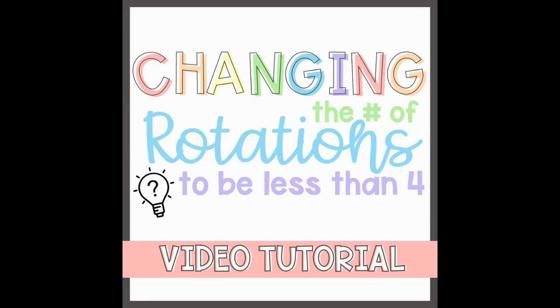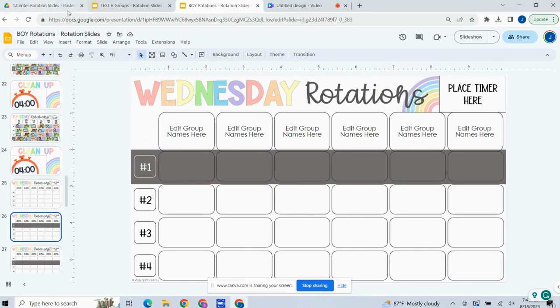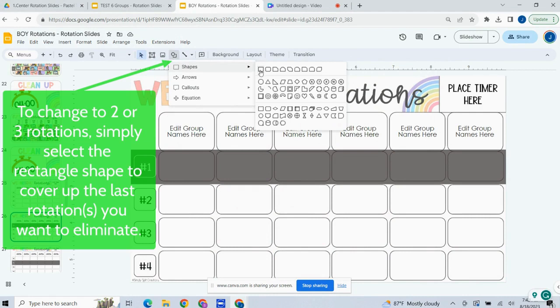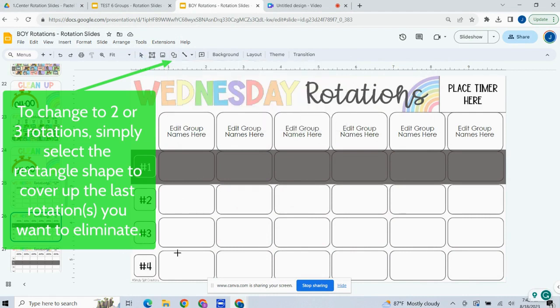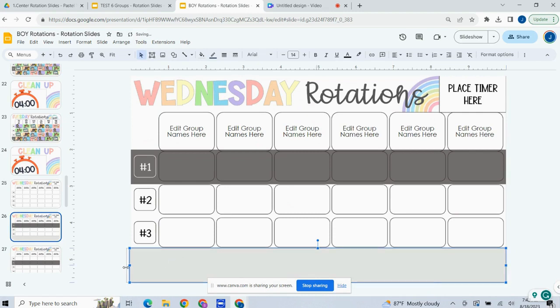Alright, I'm going to show you how you can change the number of rotation slides to be less than 4. So maybe you only want to do 2 rotations on a day or 3 rotations in a day. So you just need to add a shape and drag it to be the size of whatever rotation you want